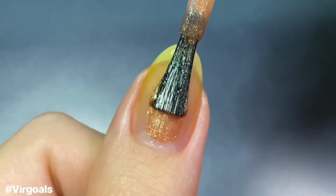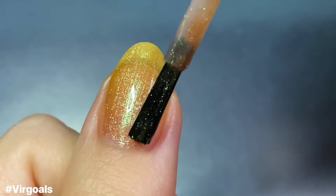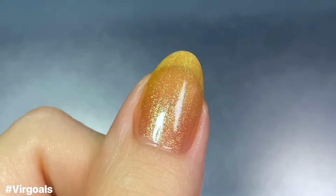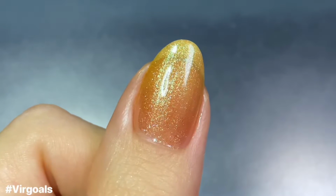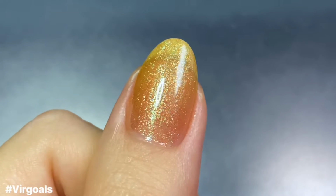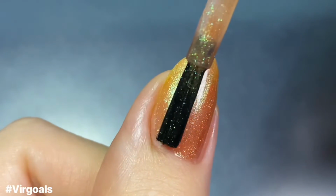So moving on, we have hashtag Virgoals, and this one is described as a bronze pearl, except I wouldn't call it a pearl. I would call this more of a shimmer, kind of like the Taurus shade, because this does not give me pearl vibes like the Leo shade did. This one is very sheer on the first coat, but you can still see that slight bronze tint of color to the base, and there's this really interesting gold greenish shimmer in there